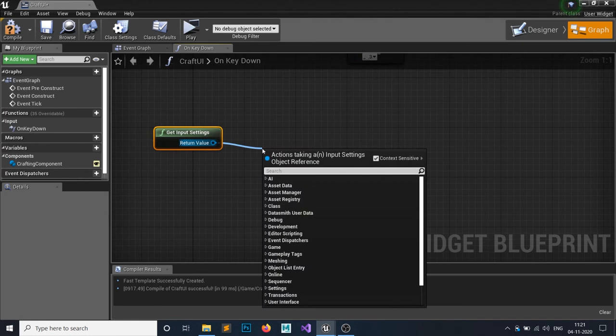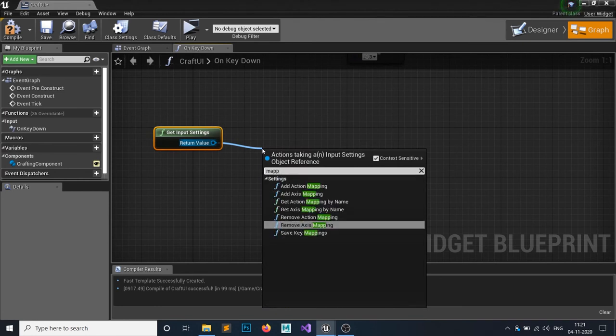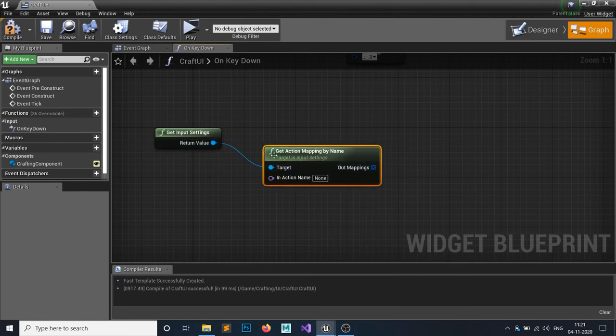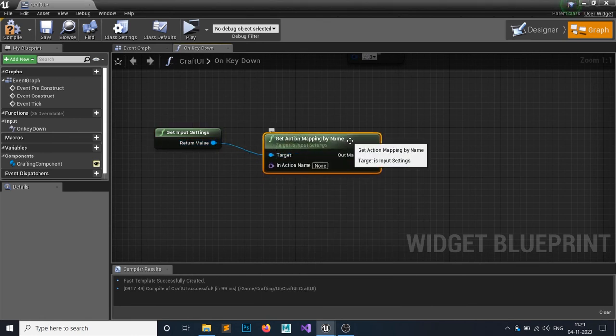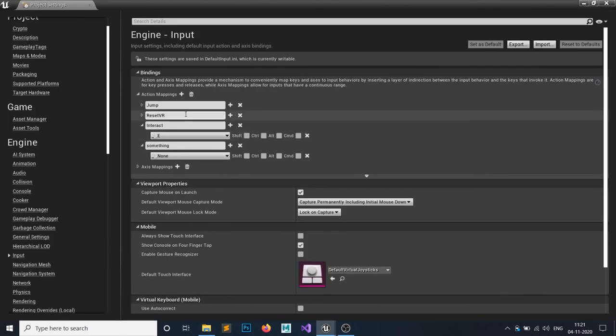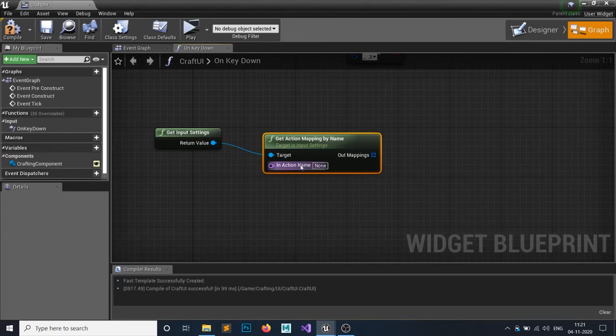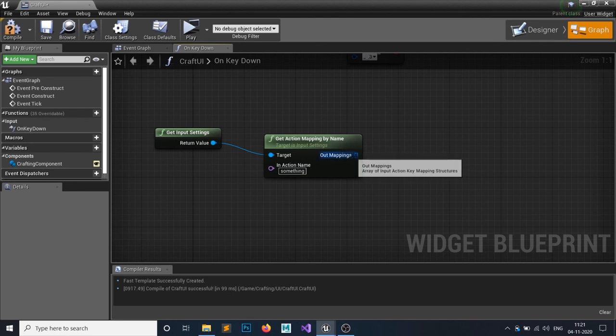From that get the mappings by name, action mappings and axis mappings, you know what I mean. So you can get an action mapping by name. So if I get this something, then I get all the action mappings attached to here by name. But it will give me an array.